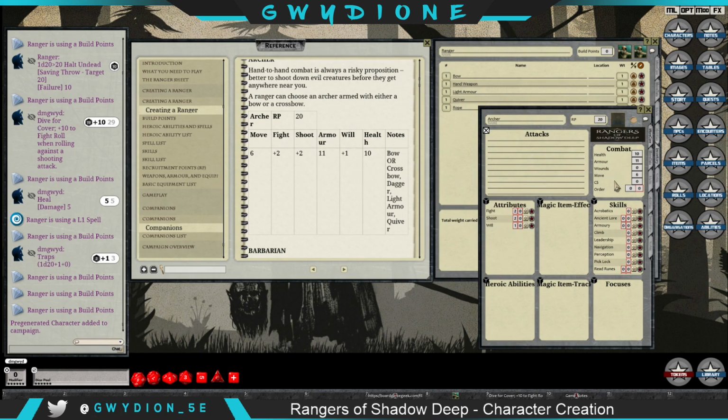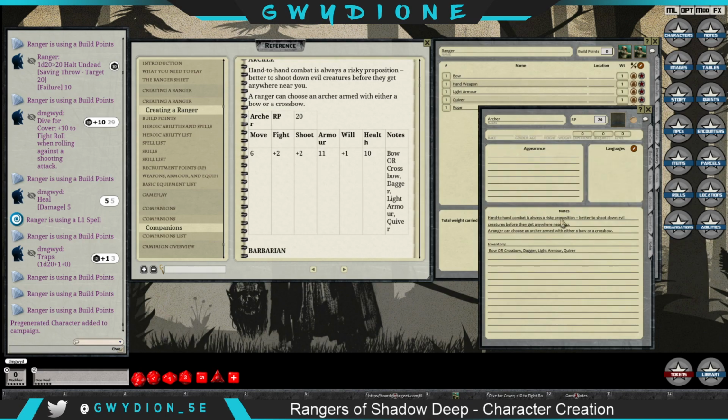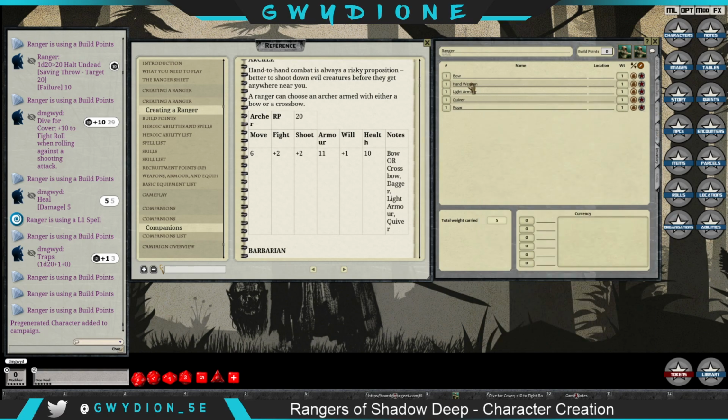Health 10. Yep, there. Okay, so notes. And I think if you go to inventory, yeah, so he gets a bow or crossbow, which I didn't load. And I think I have that in notes and in combat. So yeah, it kind of explains a little bit about him. Bow or a crossbow, dagger, light armor, and quiver. So since I have the bow, light armor, quiver,